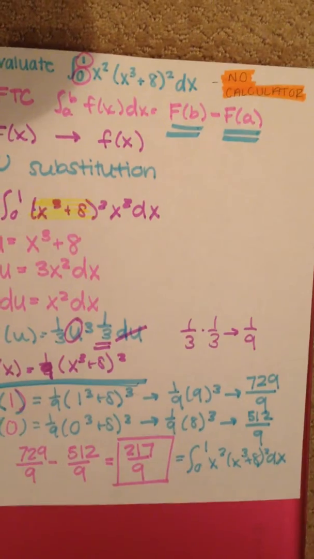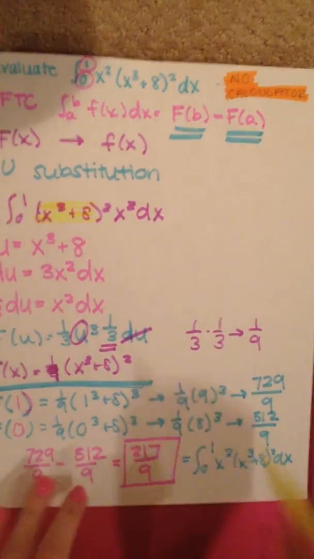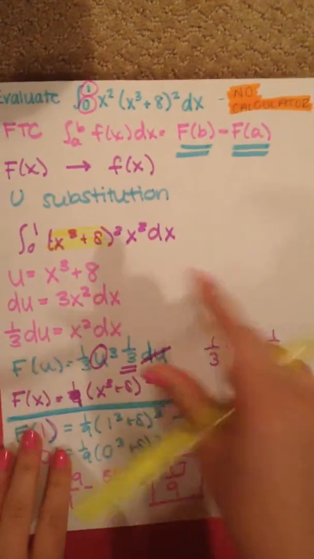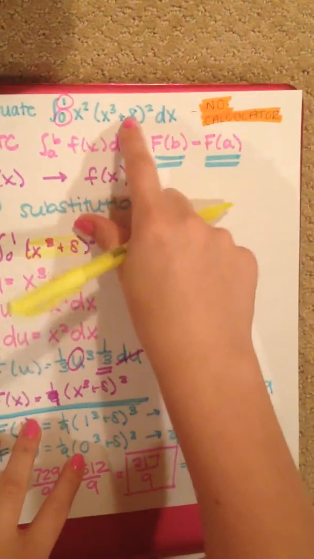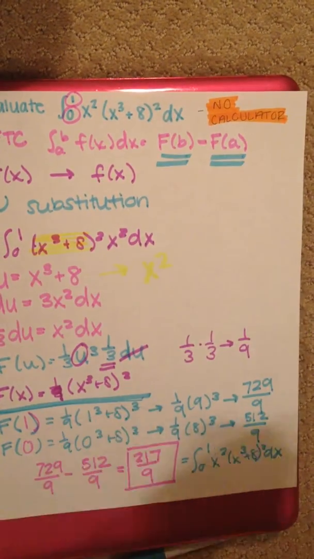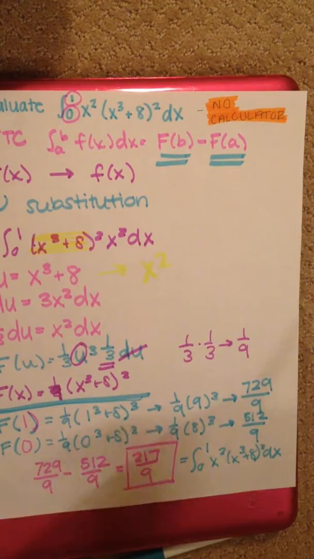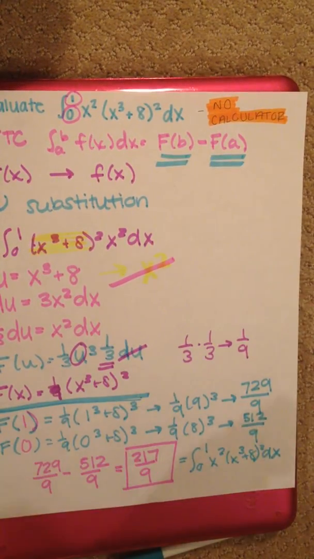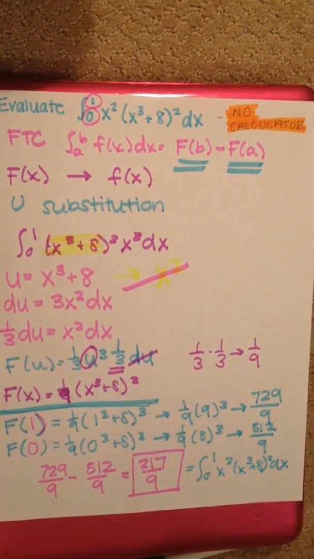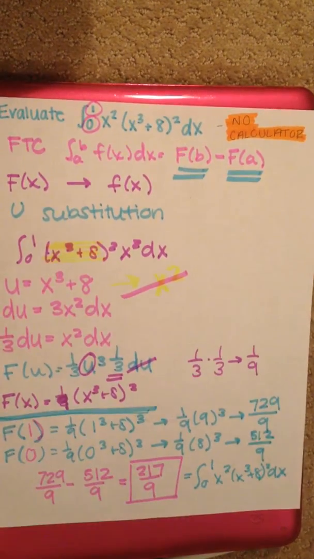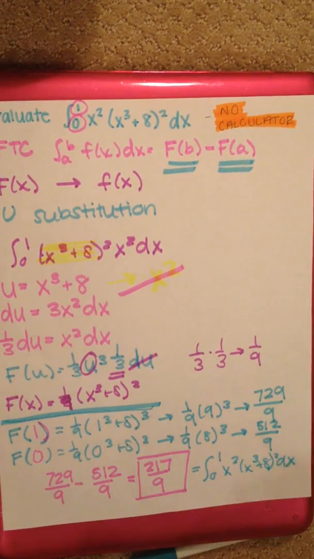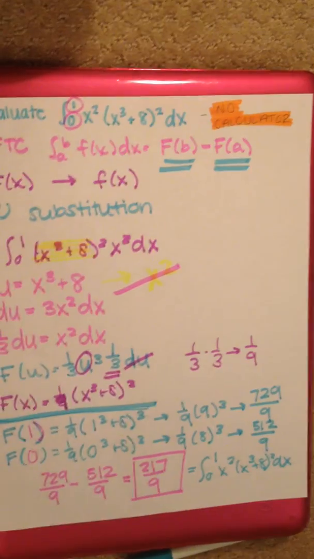And just some things to remember is make sure that when you're finding the u value to substitute, that it's in the parentheses and it's not x squared. That's pretty easy to find out because it's going to be much more difficult if you use x squared as your u, and things aren't really going to work out and you'll go to the top and realize what you did. But if you can get it right the first time, it'll make it much simpler. So in these equations, you just find